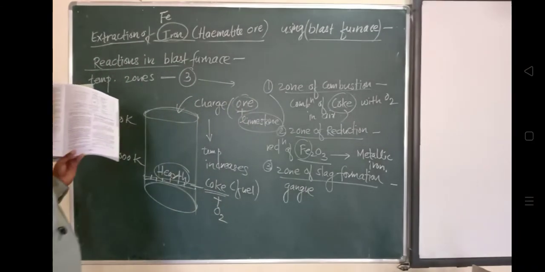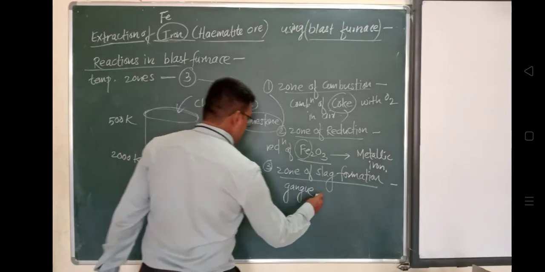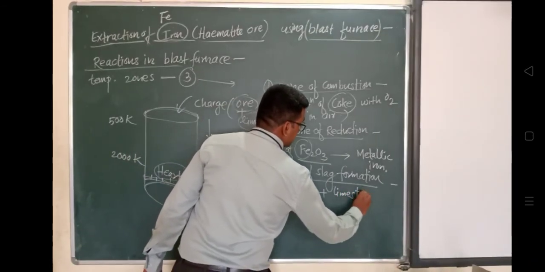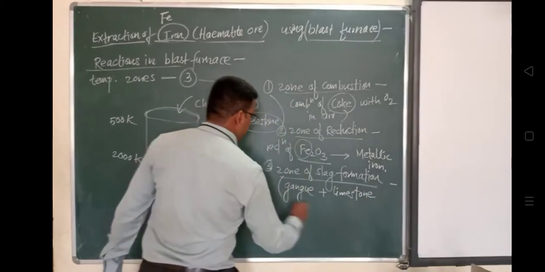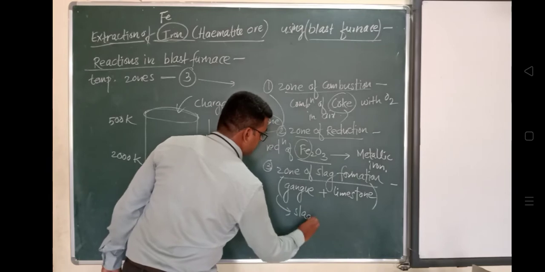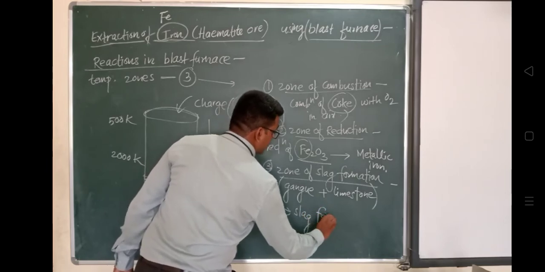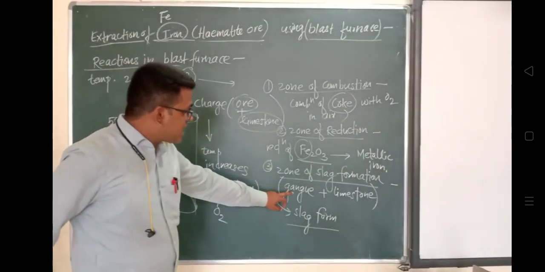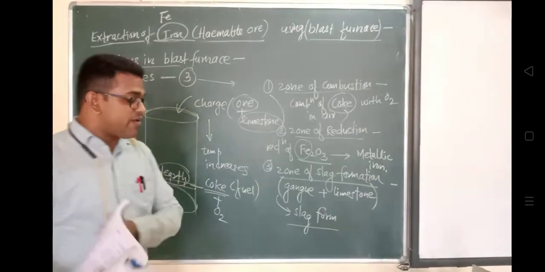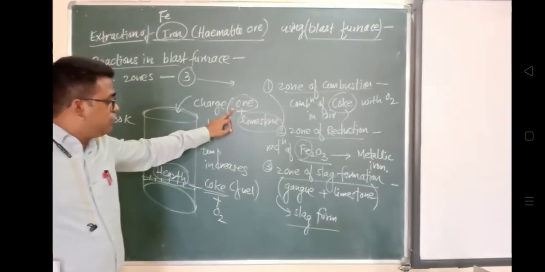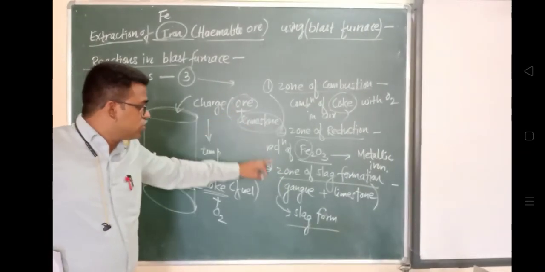to form carbon monoxide. So in the zone of combustion, this carbon combines with this oxygen to form carbon monoxide. And since this is an exothermic process, the change in enthalpy is around minus 220 kilojoule, meaning that amount of energy is being released. This minus symbol indicates this is an exothermic reaction where some amount of heat is released. So C plus half O2 forms carbon monoxide.